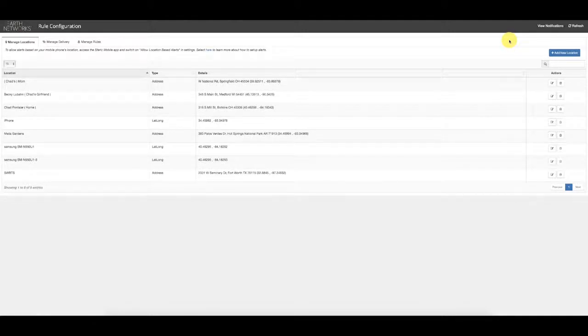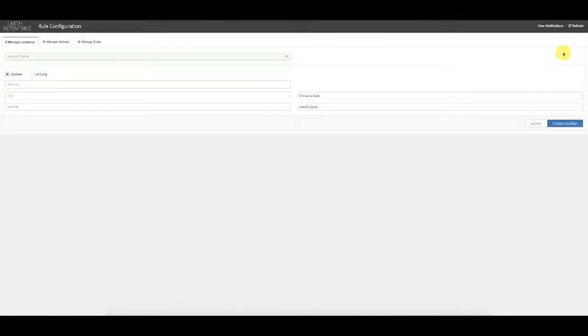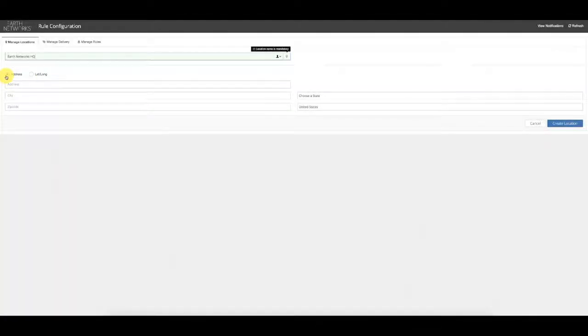For customers that do want to manually add locations under Manage Locations using an address or a latitude and longitude, they simply click on Add New Location. They'll then give the location a name. In this case, I'm just going to say Earth Networks Headquarters. And then the customer will choose either address or latitude and longitude, and then populate either the address or